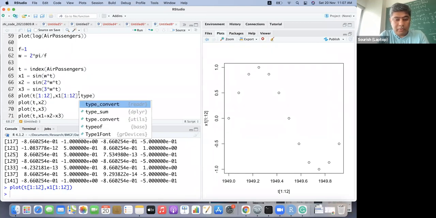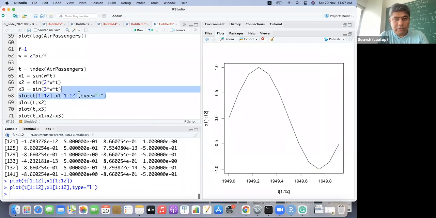Type equal to L. So this is the 1949 data.